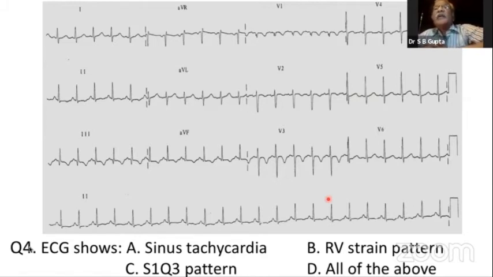And if we go into the history, I think history is not again available, but such a pattern normally we see in a case of pulmonary embolism, where there is an S1Q3 pattern, sinus tachycardia, and an RV strain pattern. So this ECG could be a case of a pulmonary embolism, and I think that's my take on this ECG. Absolutely, you have hit the bullseye.